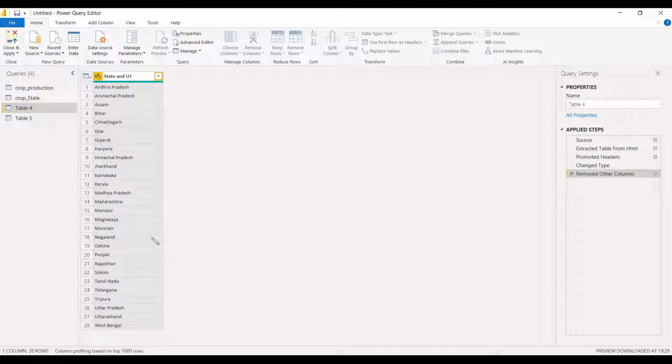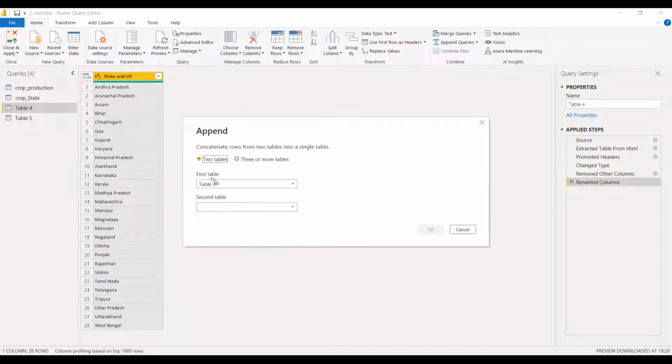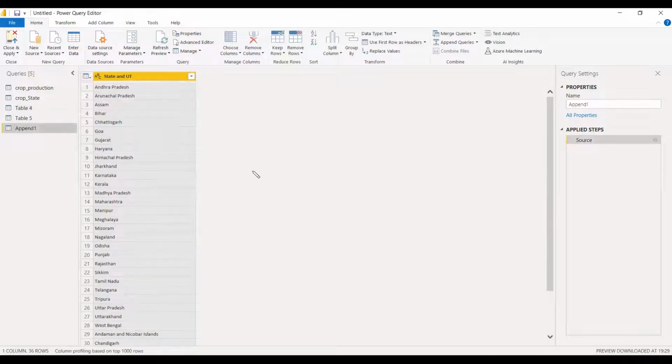State and UT. So we'll append the queries and we'll create a new table for that. And table 4 and table 5 we need to append. So we got the append, we got the state 4 and state 5, and with this we can create it